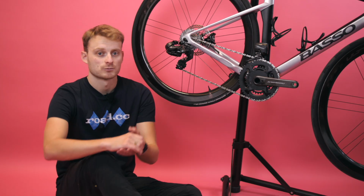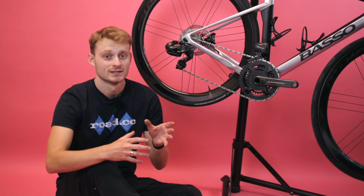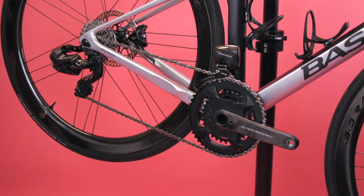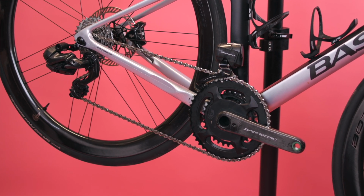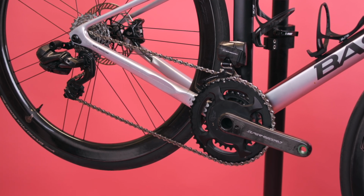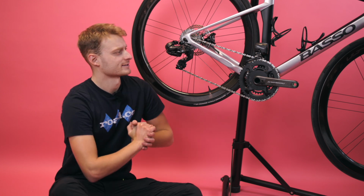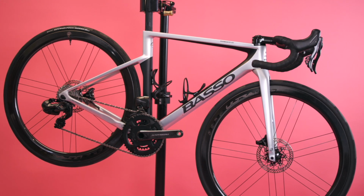When you get to this sort of price point, I don't think value for money is as much of a deal breaker as it is for the lower to mid-level group sets. Campagnolo has always kind of had that style of delivering a product to the marketplace, and the price is what it is. In this instance, about £800 more than its competitors. For a full group set, you're looking at